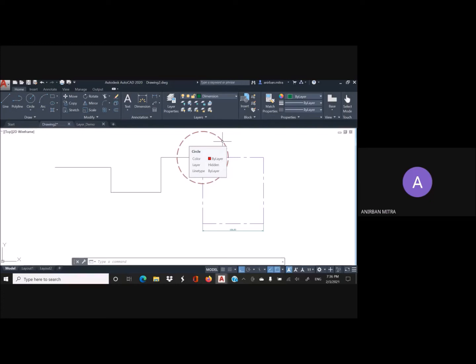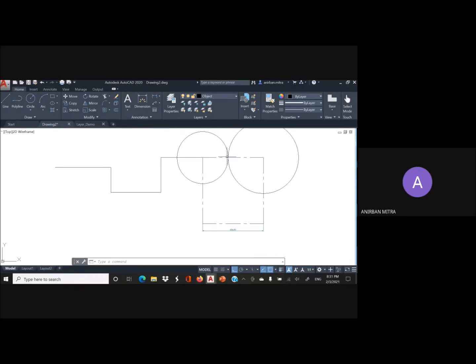So that mistake can be rectified very easily. You just need to select this, go to this drop down menu and select the correct layer. And you can see that the layer of this object has been changed from hidden to object layer. But that does not change the status of the current layer. You can see that the dimension layer is still the current layer. If you want to change that, you will have to do it like this. Now if I go to this circle, draw this, it will be in the object layer.